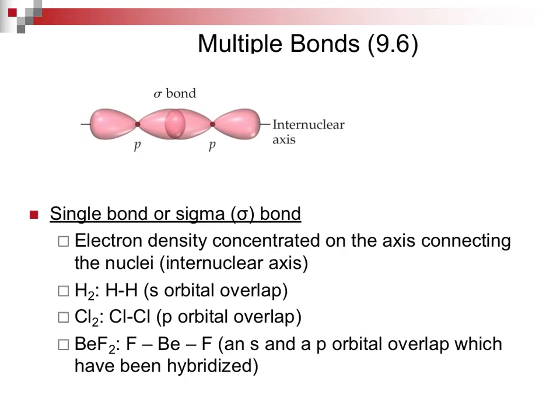Now that you have been exposed to the concept of hybridization, we can now talk about single, double, and triple bonds. Double and triple bonds are called multiple bonds, and that's the topic of this section. What we begin with is, what is a single bond? Again, these sections are really important. They apply to so many other things you're going to learn as you move along in your college career.